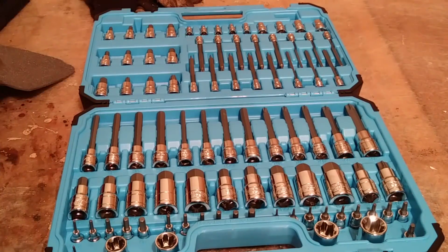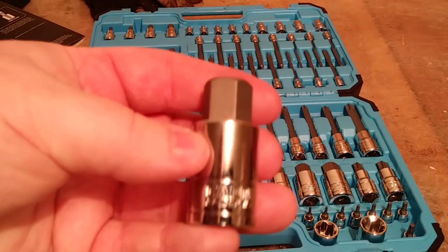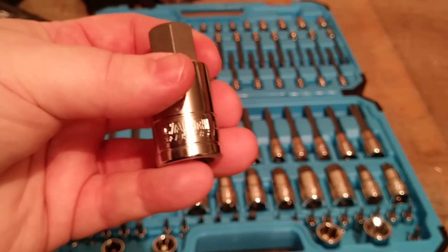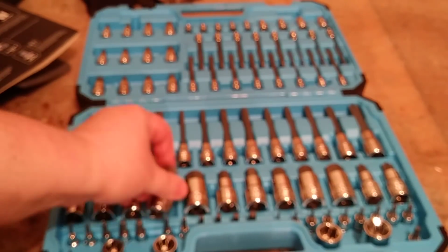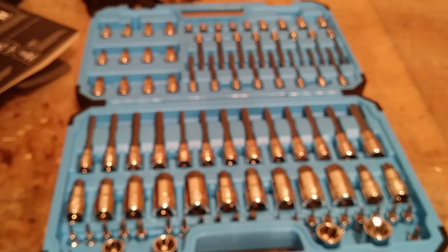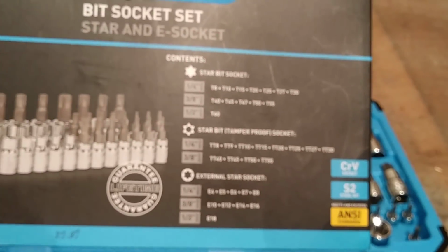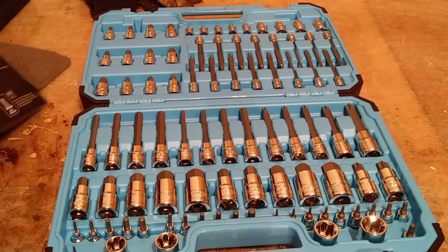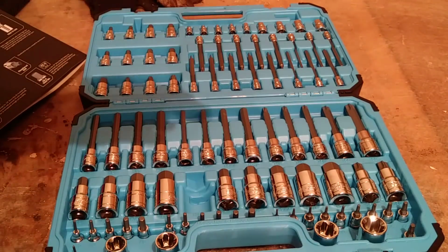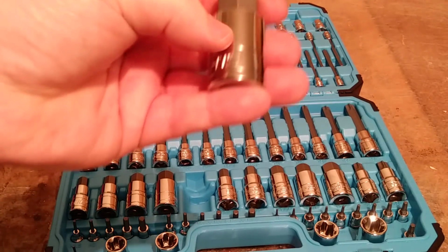So I do want to note about these before I transition to the next point. The chrome on these is fantastic, and maybe I will do a comparison here in a minute with some stuff from this set. I featured this in another video. This is the 35-piece set. It looks to me like some of the engraving on the sockets is different. It leads me to believe they might not have been made in the same spot, but they are of equal